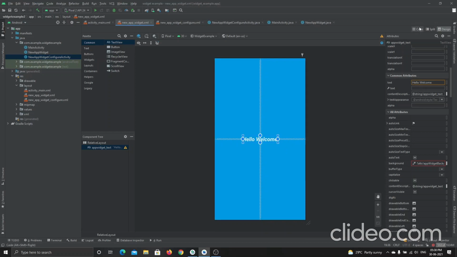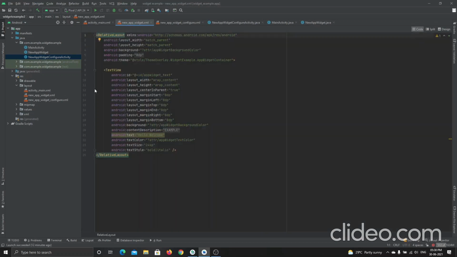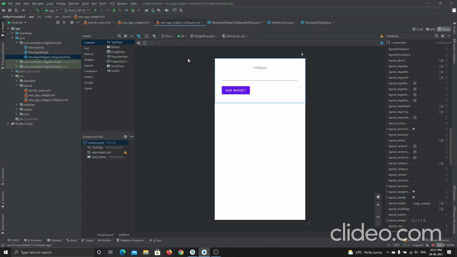If you want to see the code of this, it has just one text view and one relative view to drag and drop the widget. This is how a widget works, and it's a simple thing. It's about a 15-minute topic, so I will explain it in a simple way. If you want to go deeper, you can follow the Android developer forums, where you can learn how to add the image view or other required things.